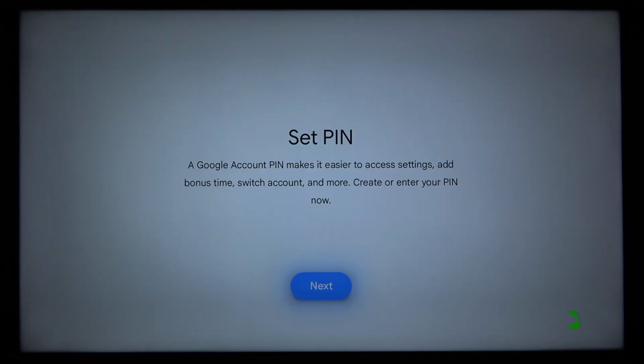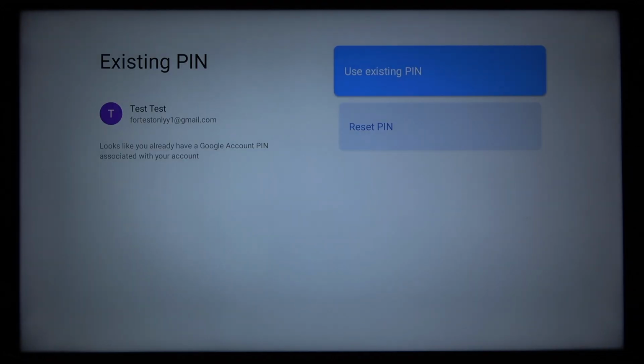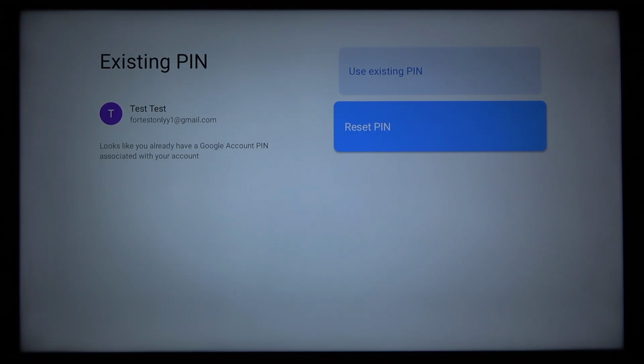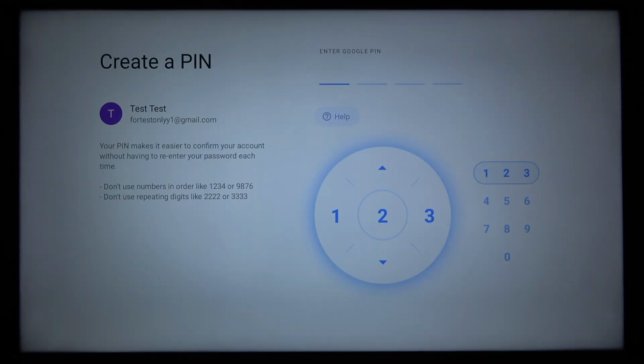After that, we're gonna have to set a parental control PIN code by selecting next and then providing the PIN code. If you have an existing PIN code, you can use it by selecting the first option, but if you want to set a new one, then select the second one, and after that you're gonna have to use your D-pad to enter